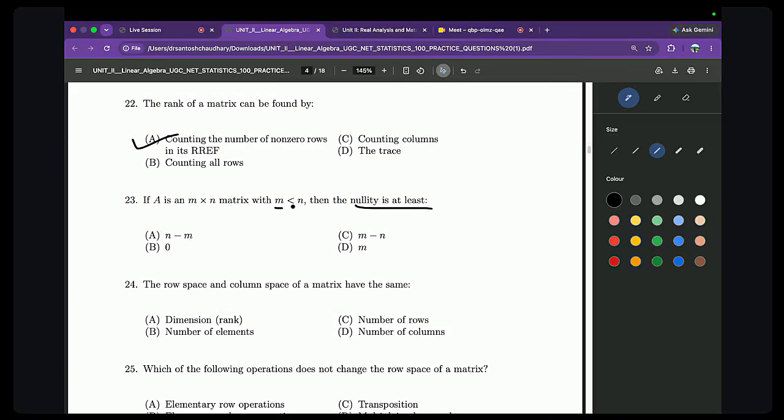है ना। तो रैंक प्लस नलिटी यहाँ एन होना है, और रैंक हमेशा एम या एम से कम ही होगा, तो नलिटी एटलीस्ट वन तो होगा। यहाँ पे हमें इसको एम और एन में कंपेयर करना है। एम क्रॉस एन की मैट्रिक्स है ना, तो रैंक तो जो भी छोटी है उससे भी छोटी होगी, तो एम से भी छोटी रैंक होगी, और रैंक प्लस नलिटी एन हो जाएगा, तो एन माइनस रैंक, और जो रैंक है दैट विल बी लेस देन इक्वल टू एम। तो माइनस एम मोर देन इक्वल टू एन माइनस एम, यहाँ से एन माइनस एम होगा, ये हो जाएगा, ठीक है।